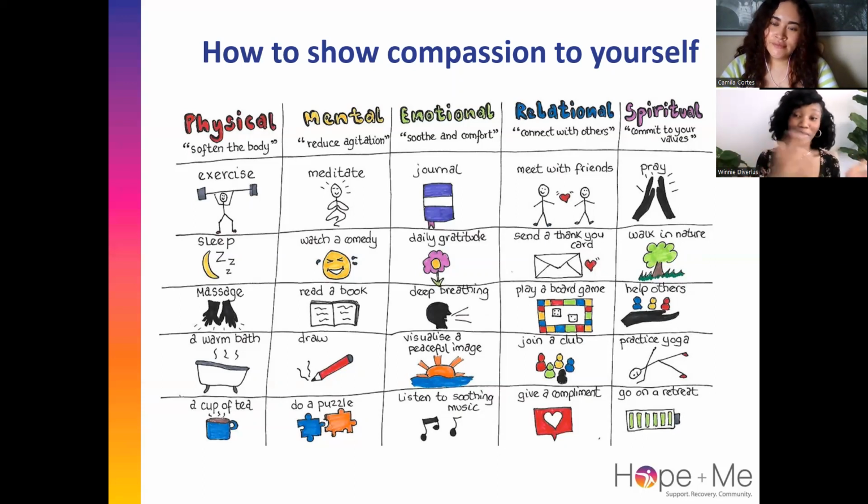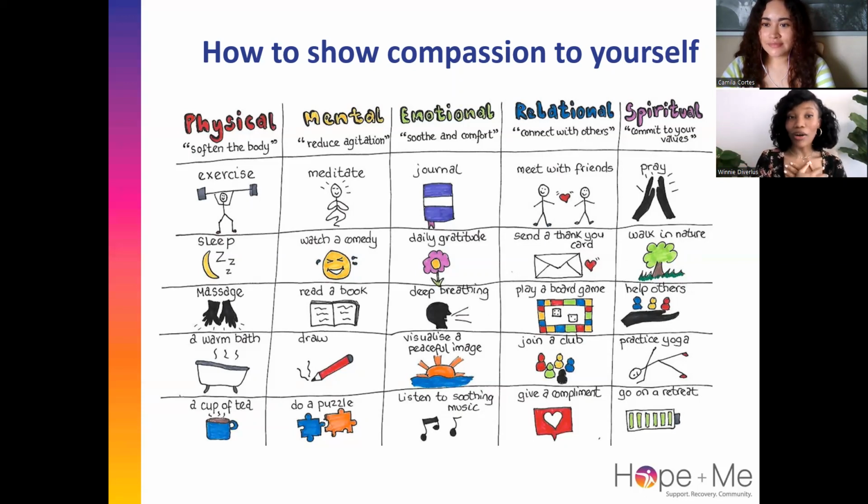Relationally, how can we connect with others? We are now on the other side of COVID, where we were encouraged and urged to keep away from people who were a part of our immediate circles. But now we are called to reconnect with friends, of course, in a consciously COVID way, meeting up with friends, sending a thank you card. I know that whenever I get a thinking of you card, it warms my heart